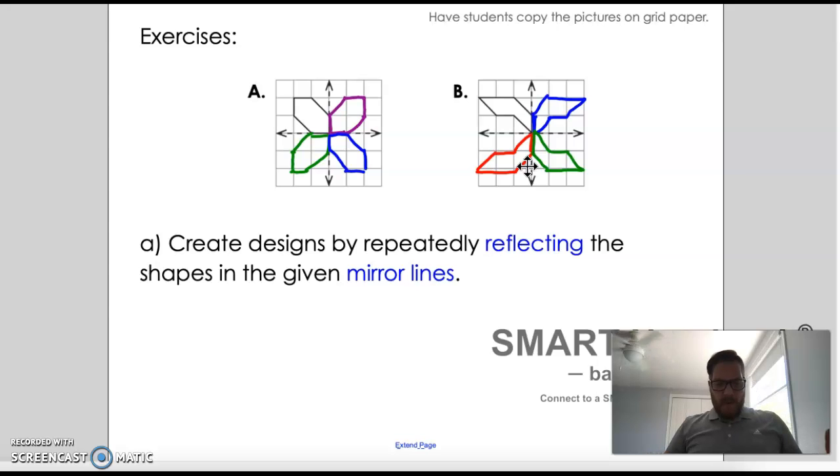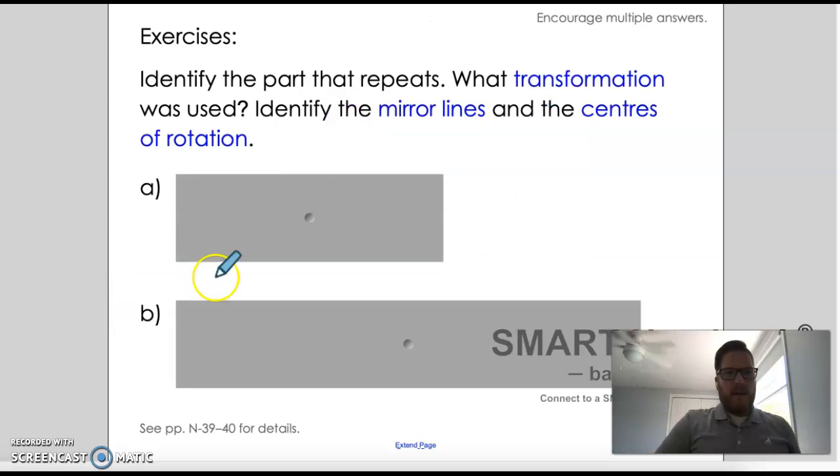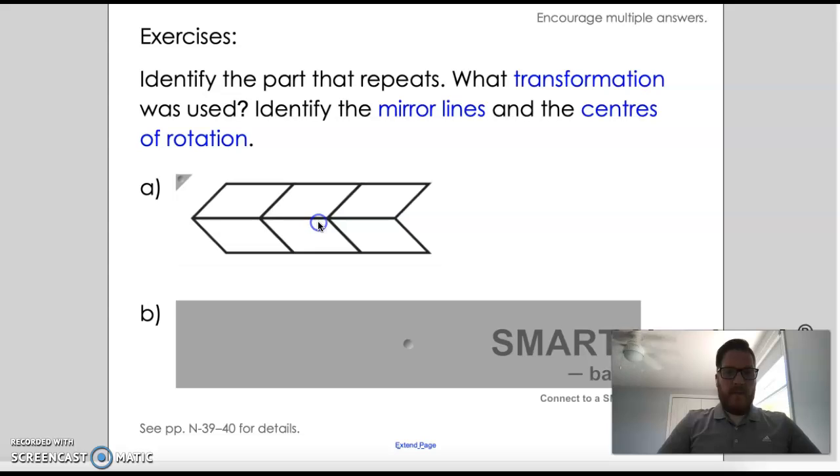And so what you can do, if you would like, you can pause it here and you can work on number 4 and 5 on page 60 and then pick it up again because we're going to move on for a couple more slides. And so this one, we have to identify the part that repeats, and then the second thing we have to do is identify the translation or transformation that was used. Then it says we have to identify mirror lines and the centers of rotation. Okay, so for example, if we look here,